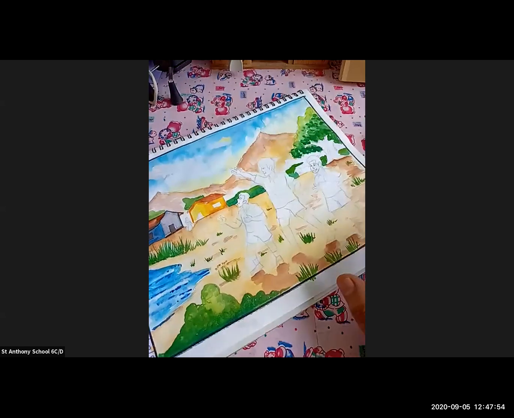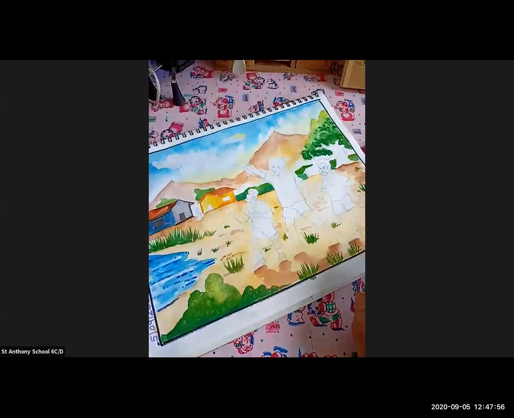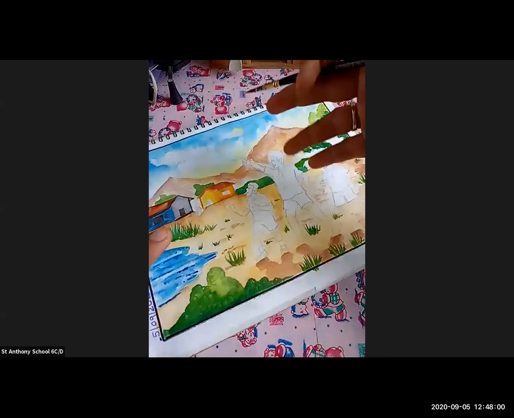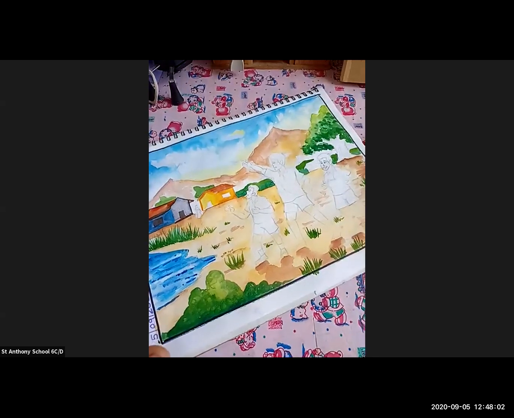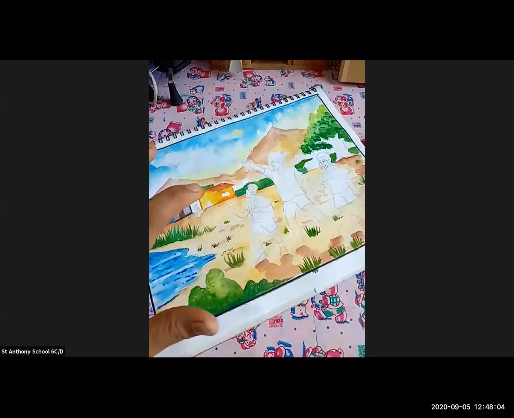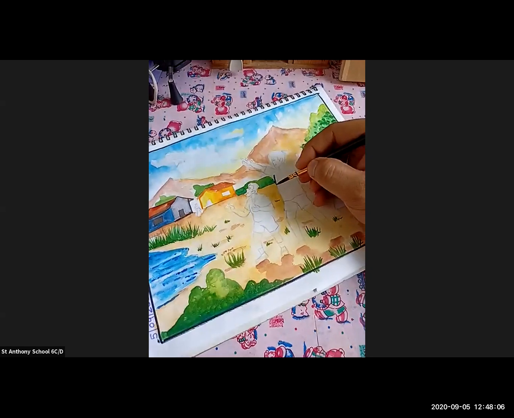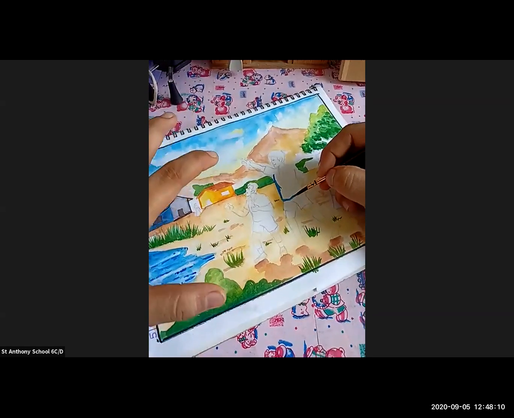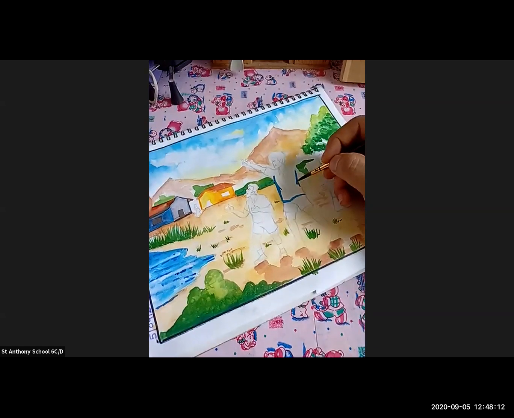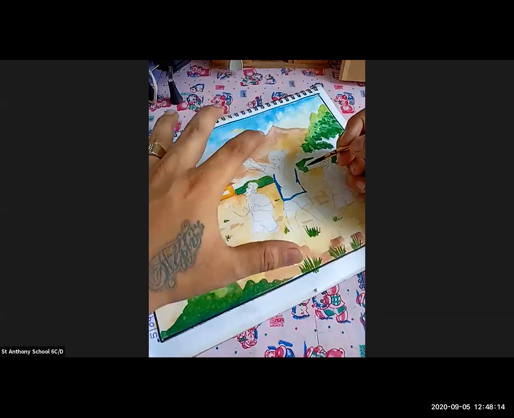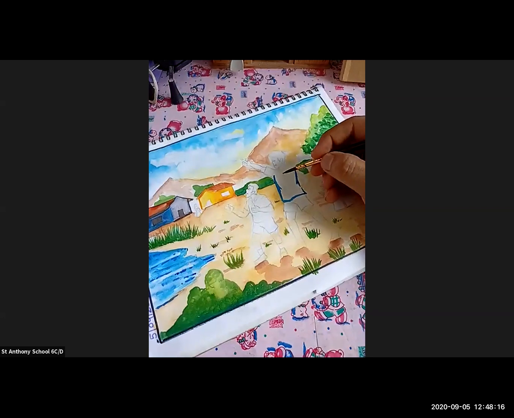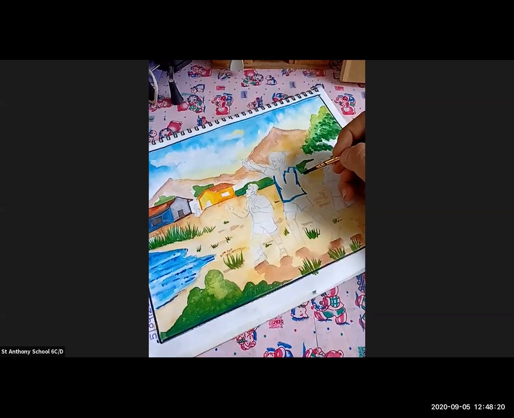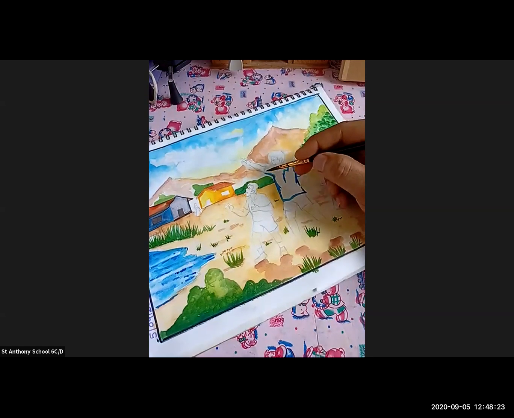Now what we are going to do, we almost completed with this. And at the end, we are going to start with the human figures. So first I start with this boy. He's wearing a blue color shirt. Okay, so here I'm coloring the shirt with blue. But what you have to do is, we are going to wait for this color to get dry, and then only we are going to begin with the detailing part. Okay, till then the color is drying.